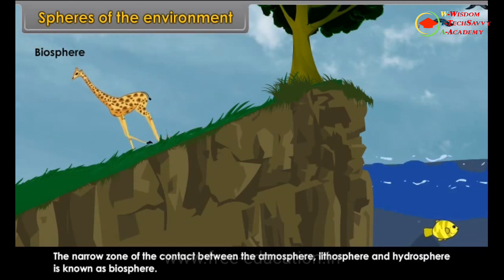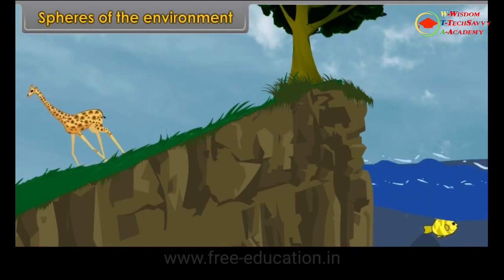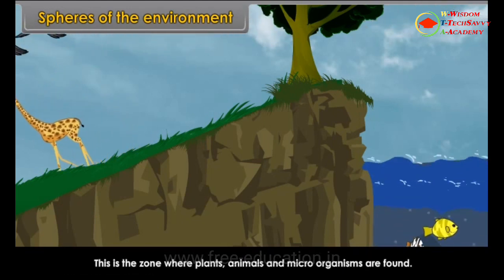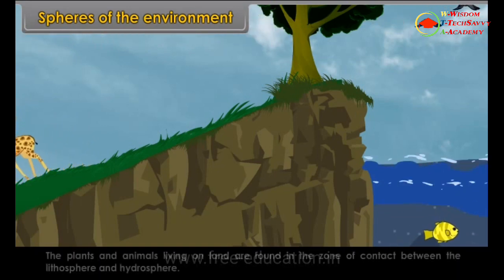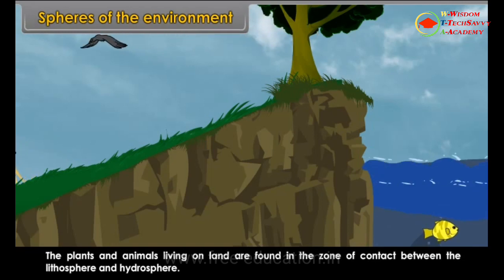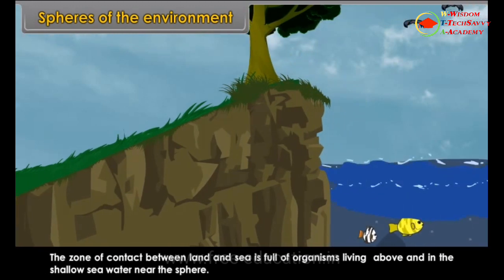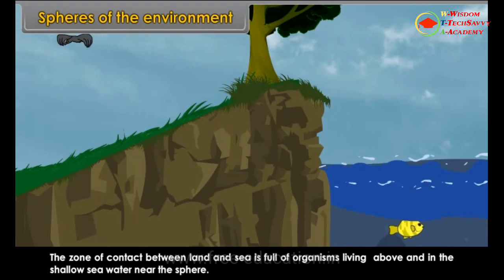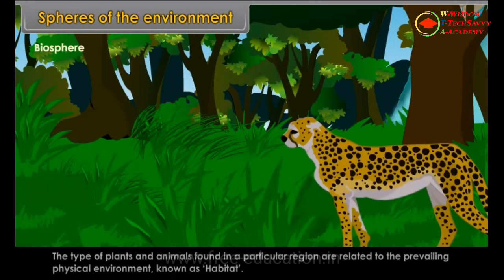This is the zone where plants, animals and microorganisms are found. The plants and animals living on land are found in the zone of contact between the lithosphere and hydrosphere. The zone of contact between land and sea is full of organisms living above and in the shallow sea water near the shore. The type of plants and animals found in a particular region are related to the prevailing physical